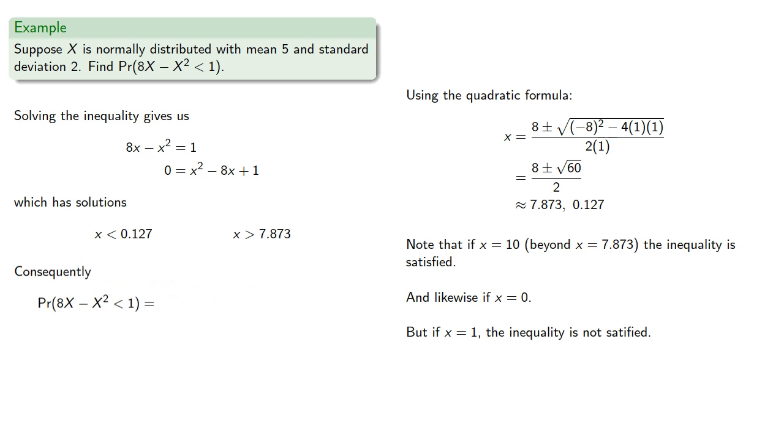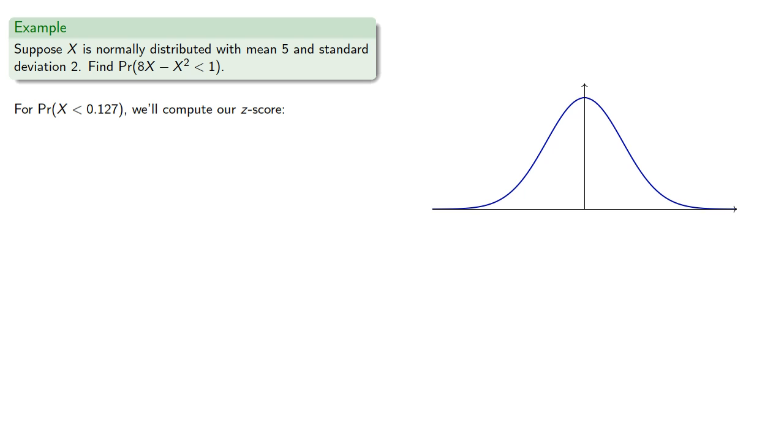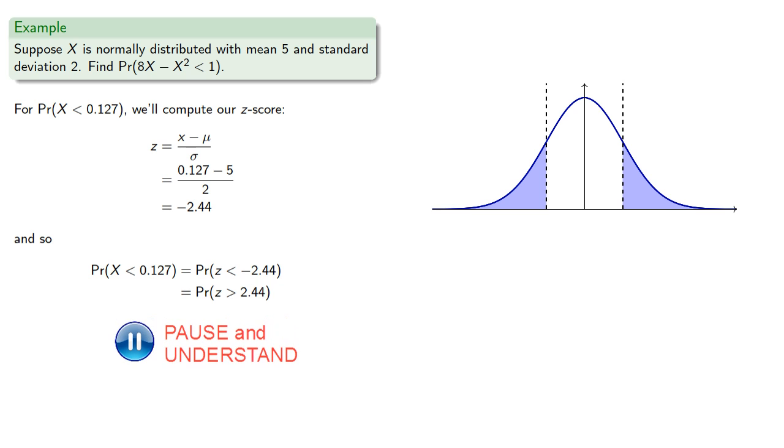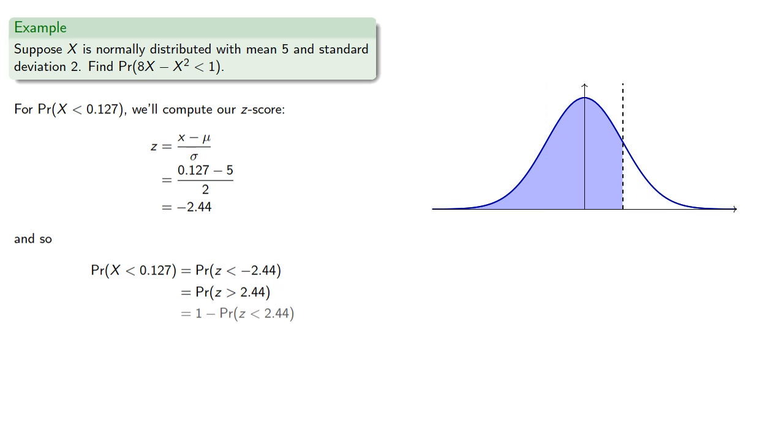Consequently, this event corresponds to the union of the two events, which, because they are mutually exclusive, we can split that probability. And since we're assuming x is normally distributed, we'll compute our z-scores. This is the probability that z is less than some negative value, which is the same as the probability that z is greater than the same positive value, which is complementary to the probability that z is less than that amount,